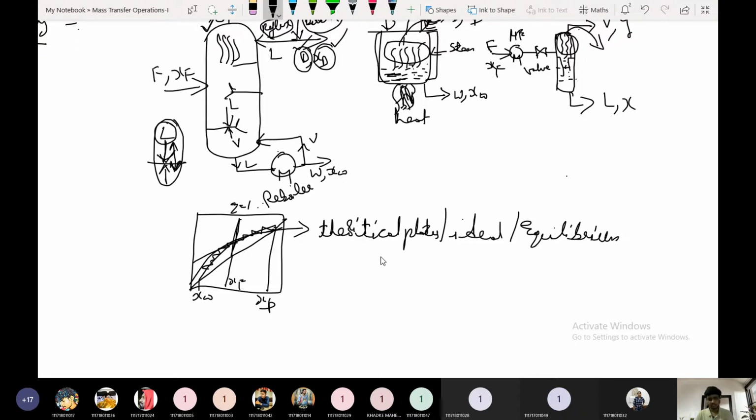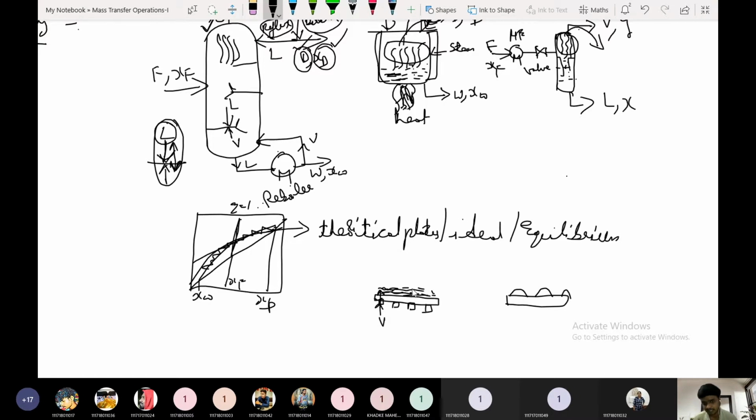Because if you see here, the assumption in these theoretical plates is, if you consider this as an ideal plate, here the perforations will be there. In some operating plates, perforations will be there. In some operating plates, some bubble cap trays will be there. Different types of trays will be there, like bubble cap trays or sieve plate trays. In every plate, what is going on? The vapors are coming like this and entering through the perforations, and liquid is just remaining on the plate. Whenever these vapors go inside this liquid, the mass transfer is taking place.